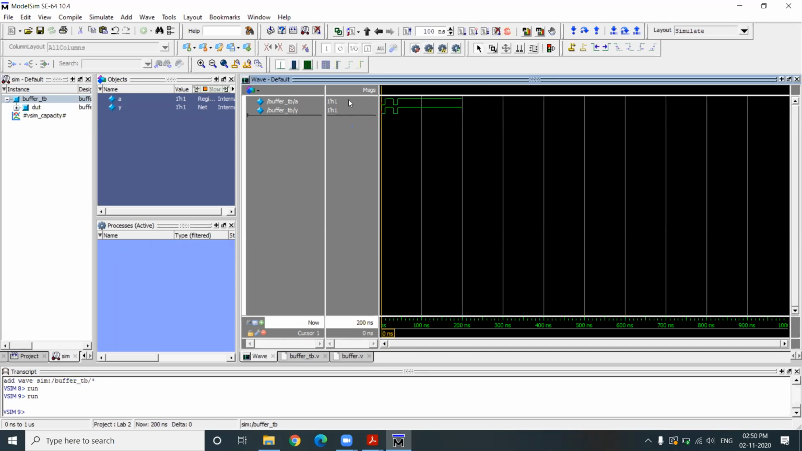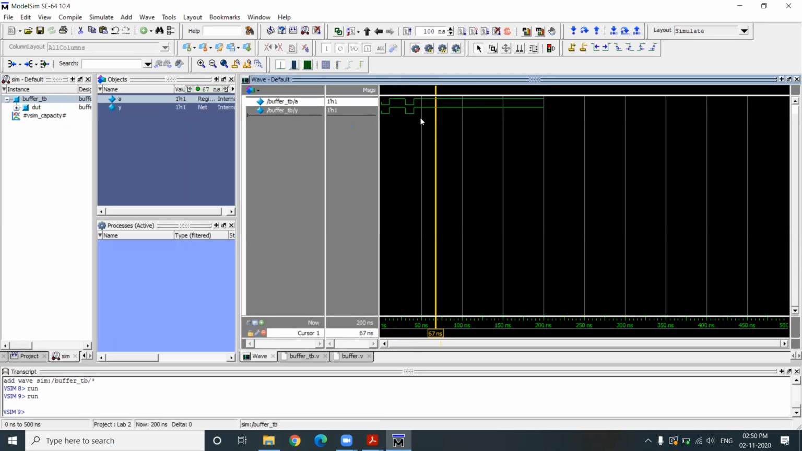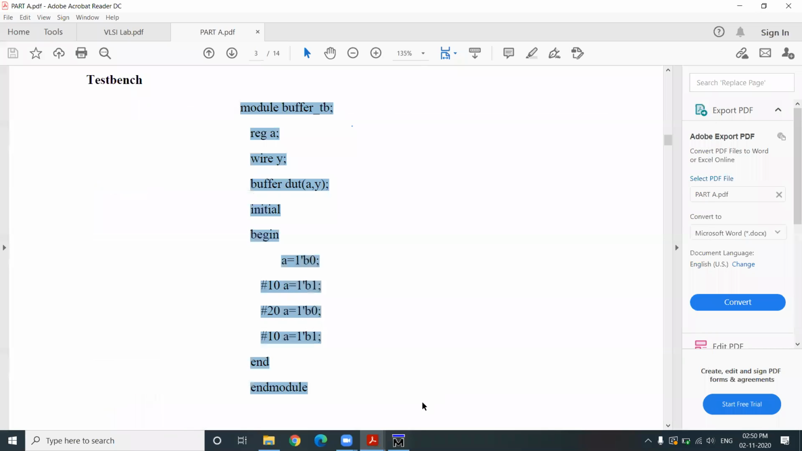So you can see the output. When the input is 0, output is 0. When the input is 1, the output is 1. Again, when the input is 0, the output is 0. Again, when the input is 1, this. See this, the output, after 40 nanosecond, it is constant, that is 1,